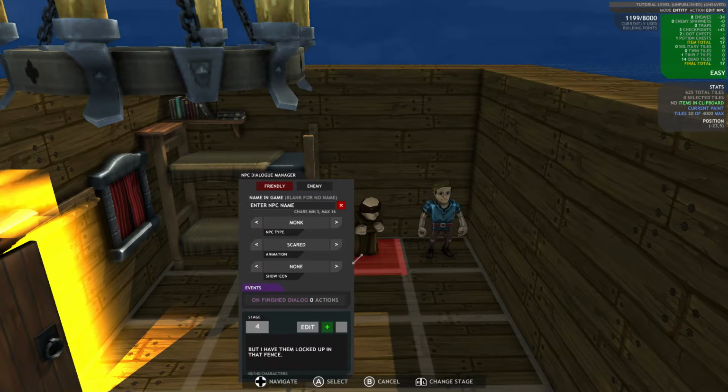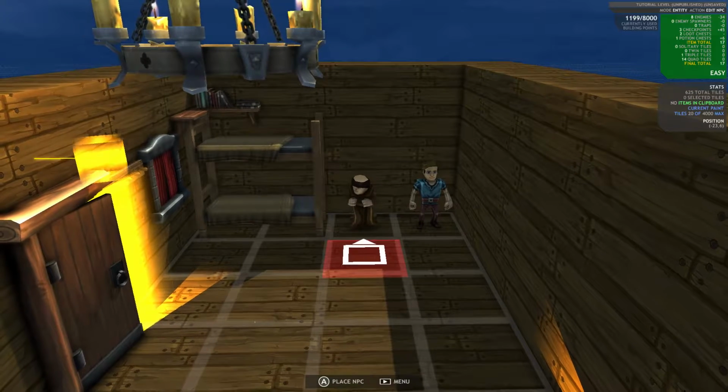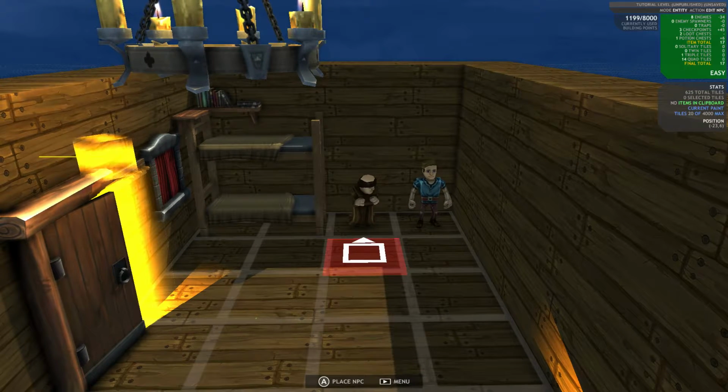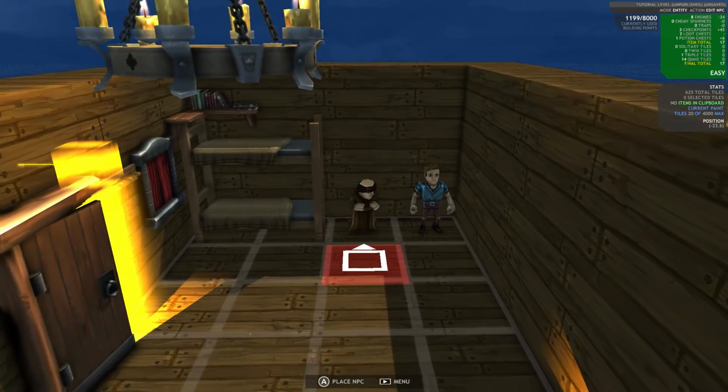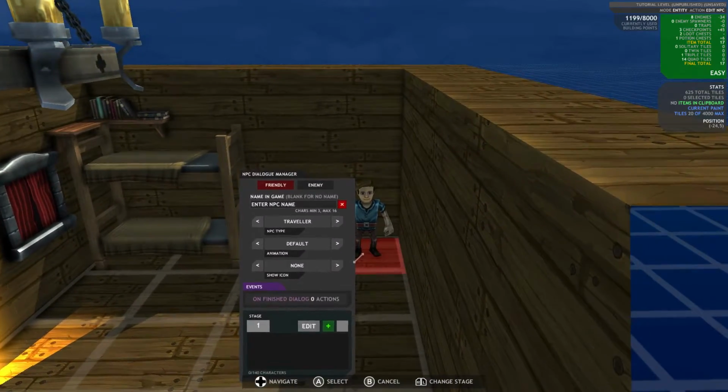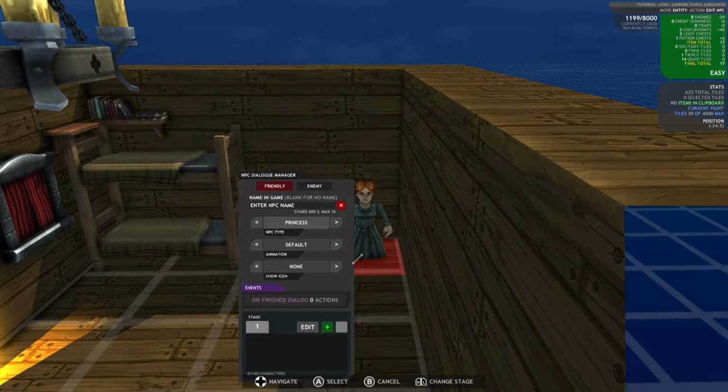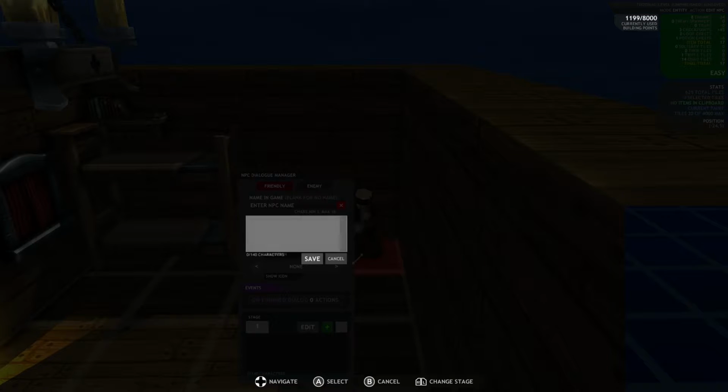So the thing is if you want to make the same NPC but in a different stance or have different dialogue, you actually have to make multiple instances of him. So let's do that with our second one. There is the monk. Let's have him sweeping. And then let's have him say